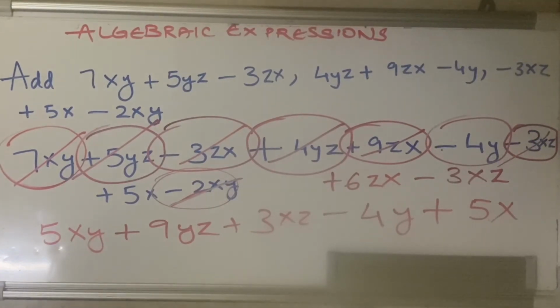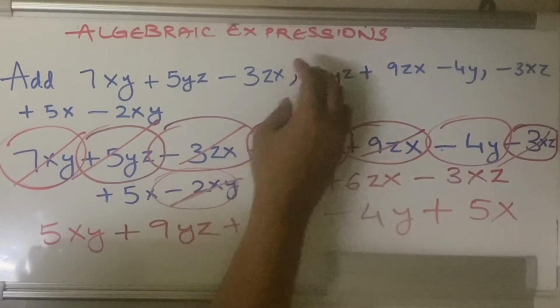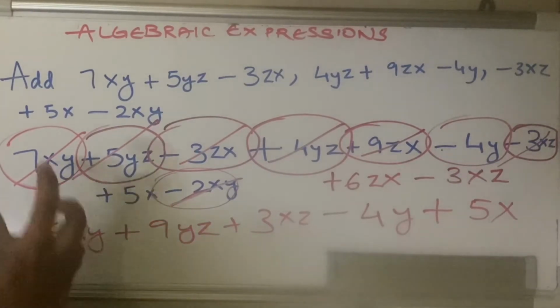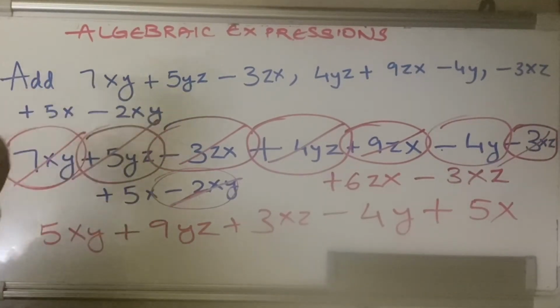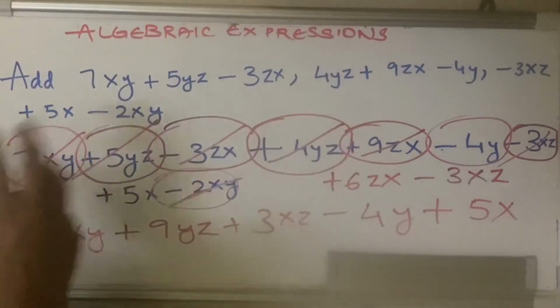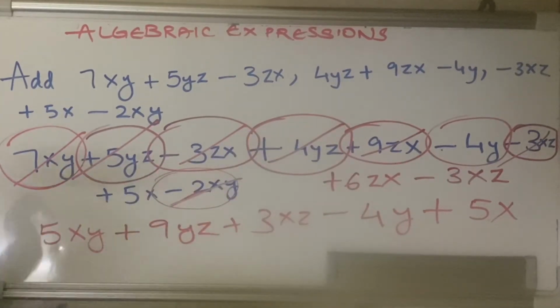Understood? So what you have to do is just take them, put it as such. Since it is addition, whatever sign is there, you just copy paste it. Sign doesn't matter here. Then you take each term and see the like term of it, solve it first, cancel them, then you go for the next term. In this way we can solve it faster.